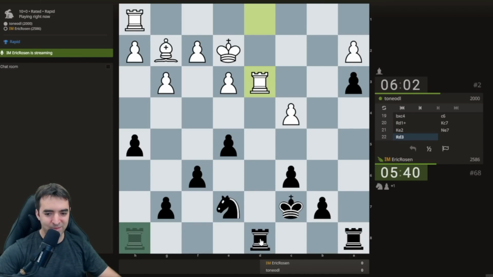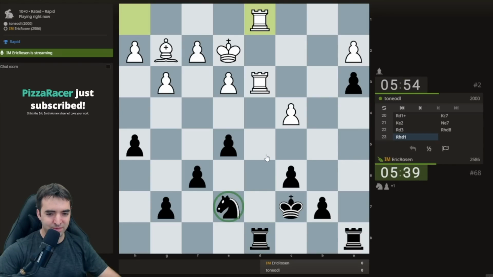Okay, so I'm up a pawn. I don't think I need to do anything too special. Just go for the rook trade. I think sometimes when it's knight versus bishop...